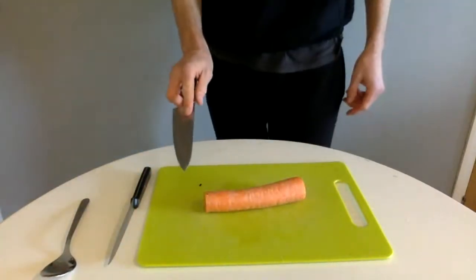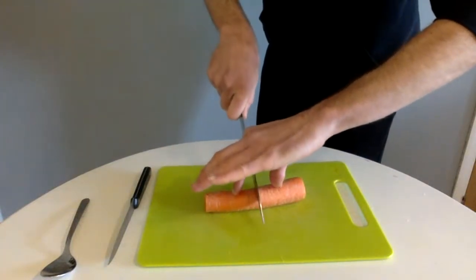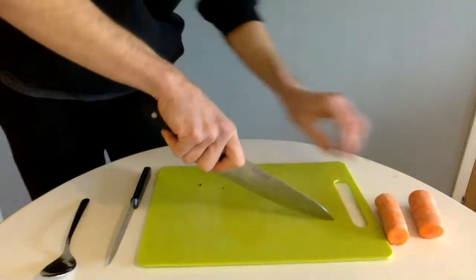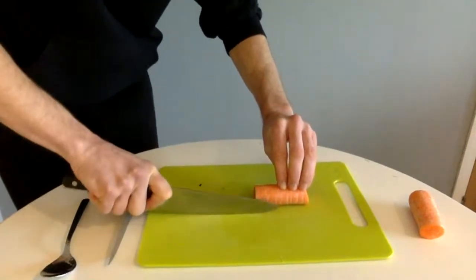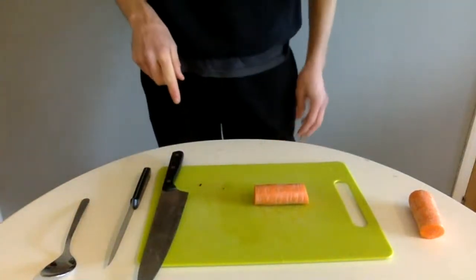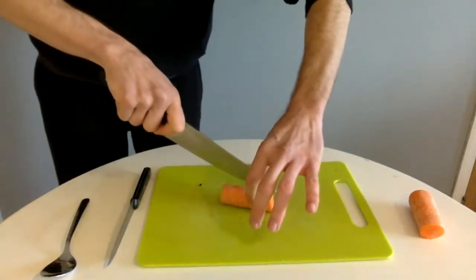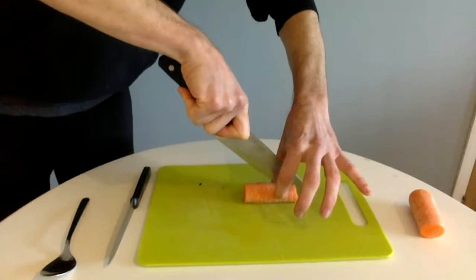So we're going to use a bridge now. And we're going to go finger and thumb either side. We're going to go straight through the middle. Now there's one different method that I call the caterpillar, which is basically when we're cutting, we push down, bring up, and that will allow you to get through the food a little bit easier, especially if they're soft or a little bit more hard. And we're going to put these into quarters now. So, same method. See how it looks this way. Put it in till I hit the chopping board, and then just